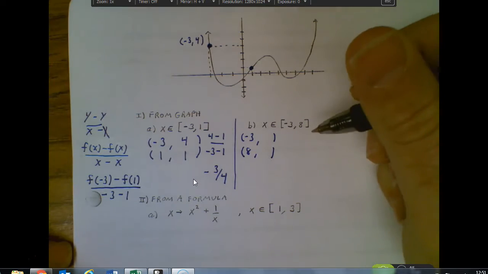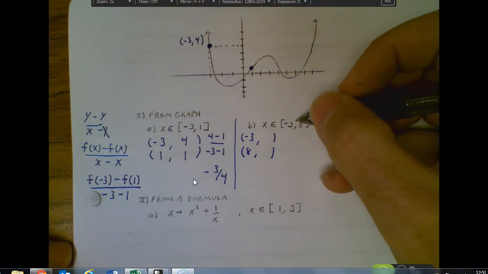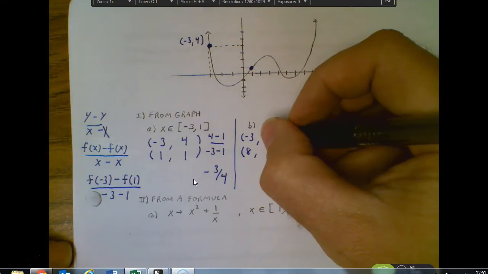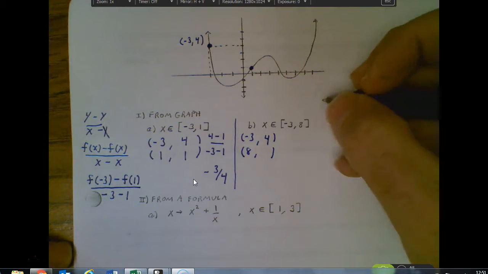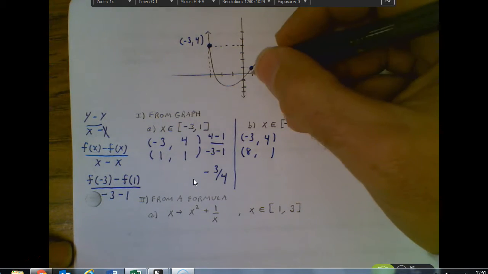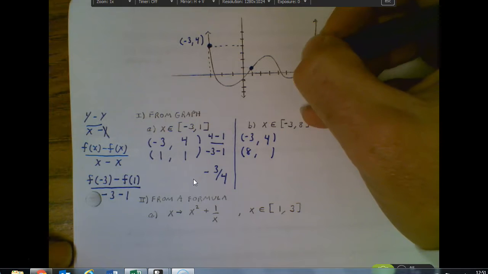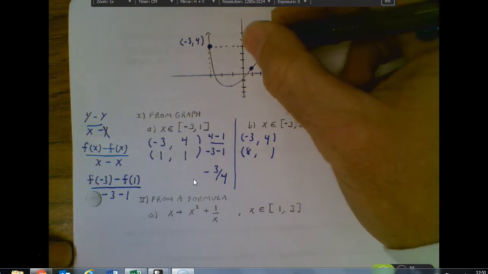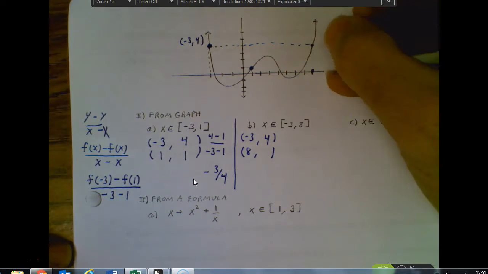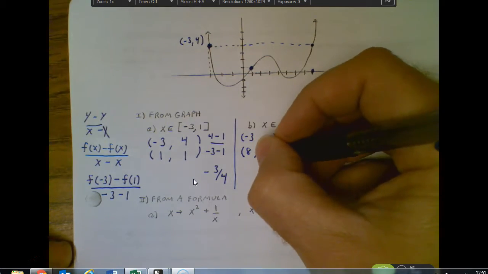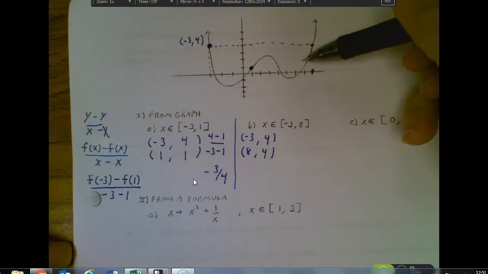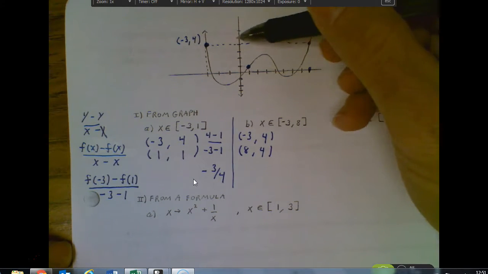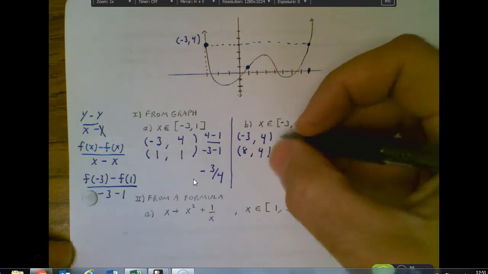And we're just going to use the graph to get some y coordinates. So -3 we already noticed gave us a value of 4. 8, if we took a look at where 8 is on the graph, 1, 2, 3, 4, 5, 6, 7, 8, and trace that one up and over, you can see that one is also at 4. And so what happens when you have a horizontal line, the slope of that horizontal line, so if I did